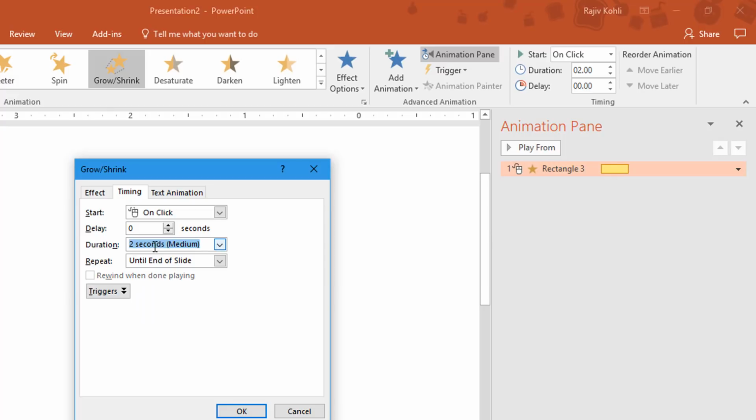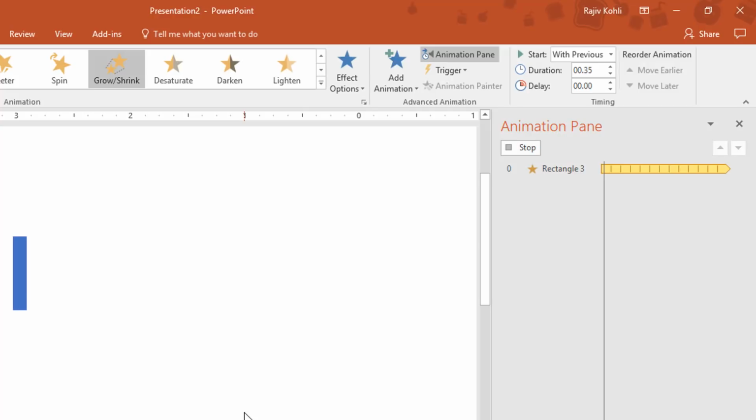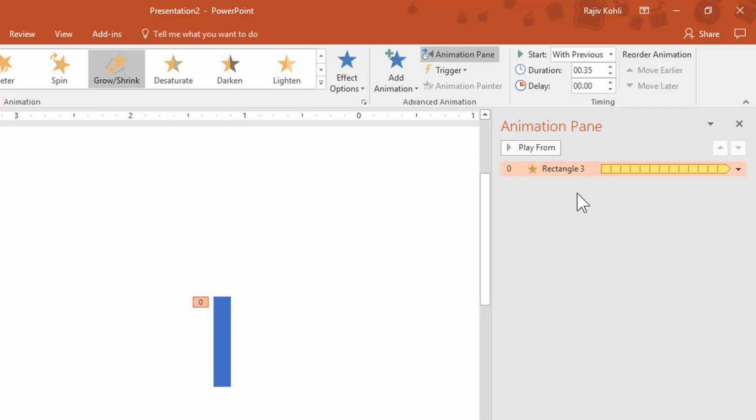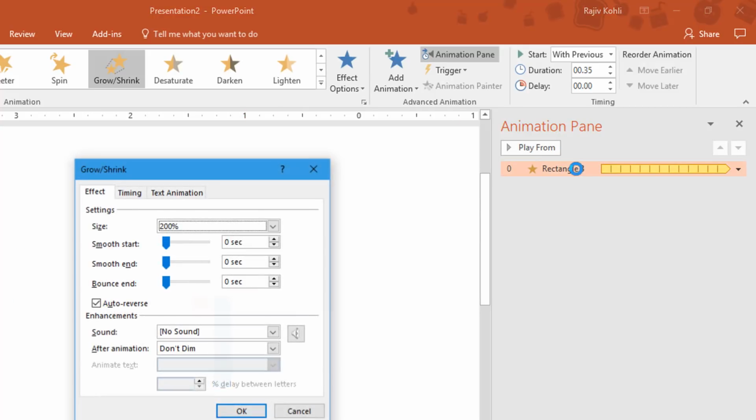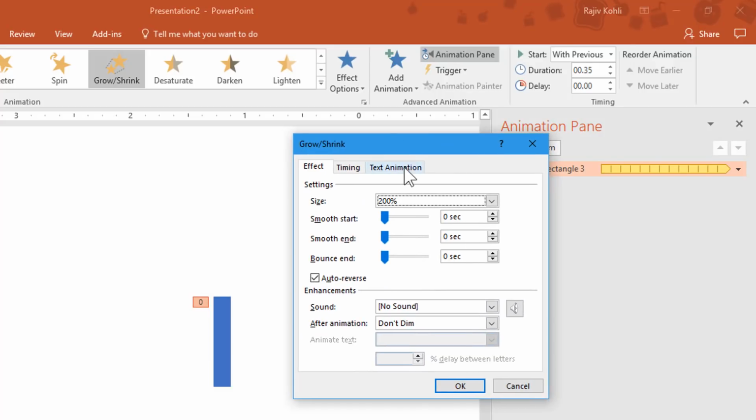I am going with the duration of 0.35 seconds, and it is up to you how much duration you want the bar to grow and shrink back to its original position, and would like to play this animation with previous. Hit the OK button. And one thing I forgot to change, which is very important, and that is how you want the size to increase.